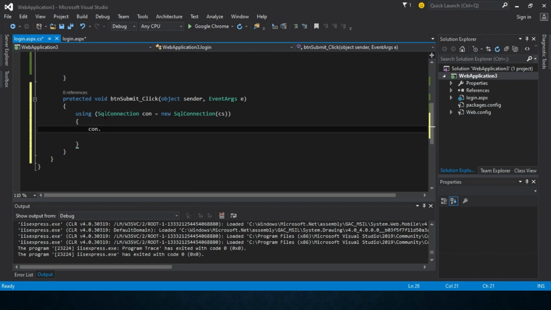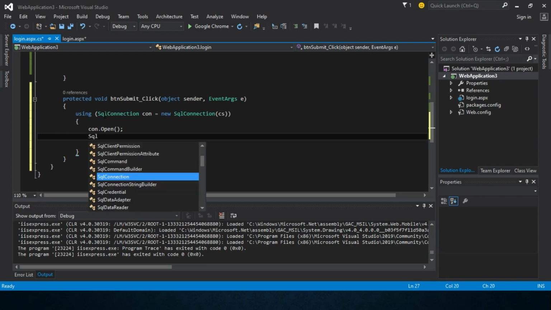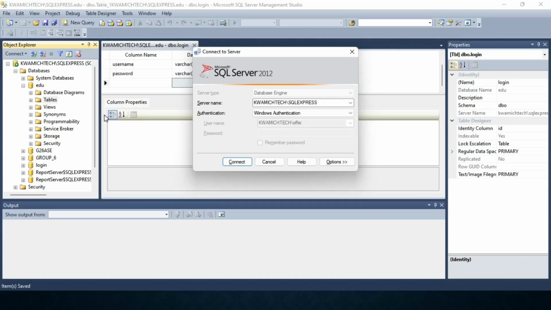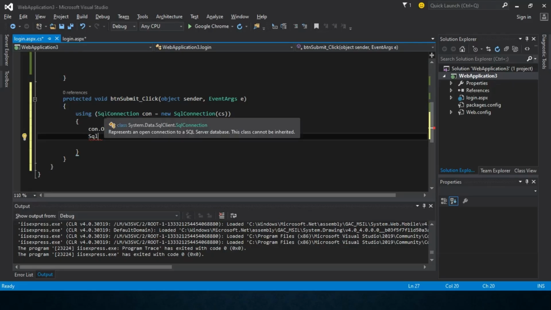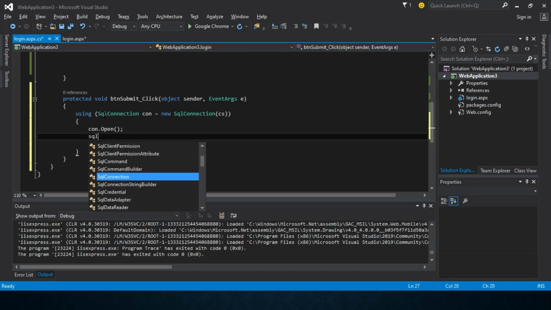So con.Open, then I have to terminate it. Then to be able to fetch the data from my database, I need what we call SQL adapter. What SQL adapter does is that it connects our Visual Studio to the relational database management system, that's the SQL server. So I have to create an instance of SQL adapter to be able to do that. So without much ado, I'll type SQL adapter,